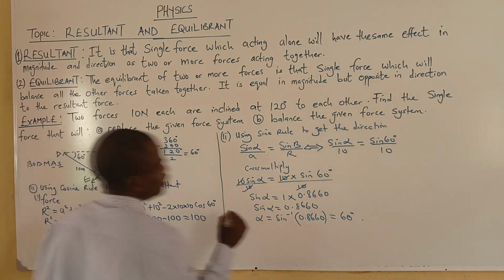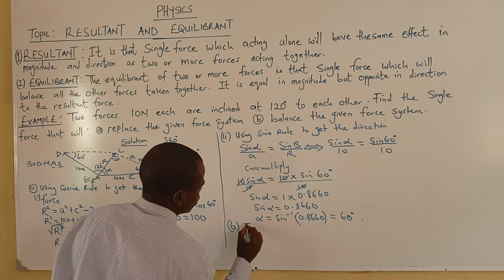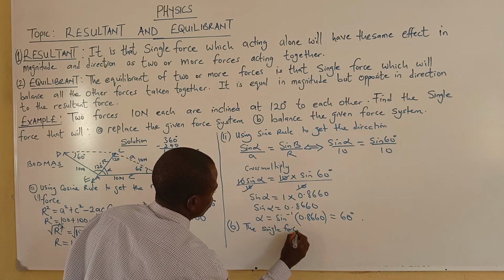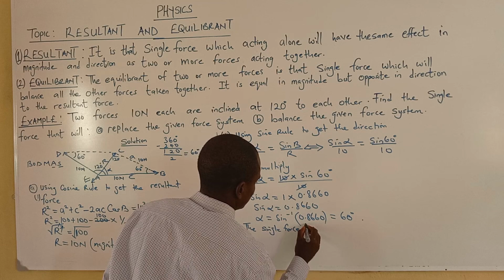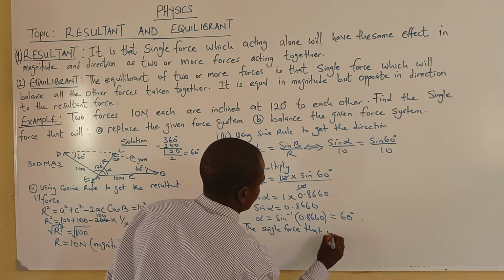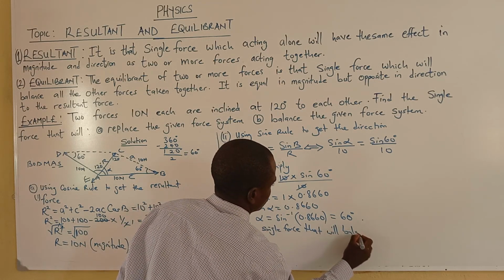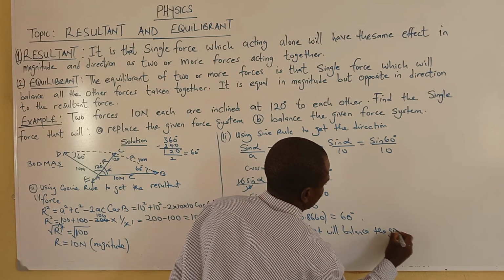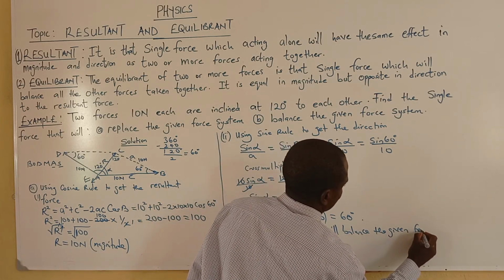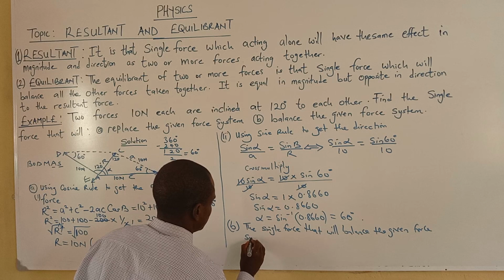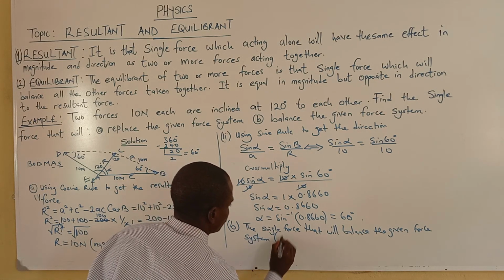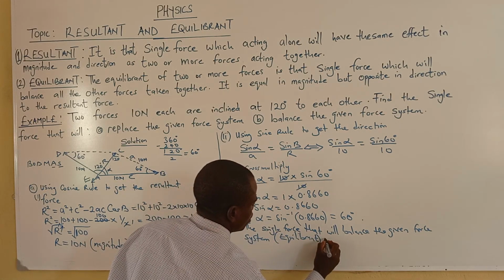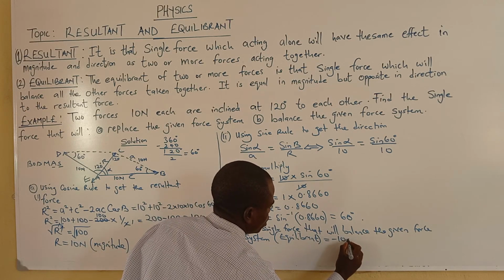Now the single force that will balance the given force system, which is the equilibrant, equals minus 10 Newton,